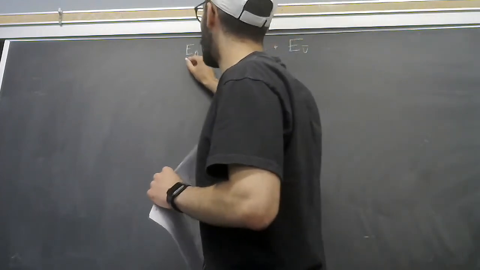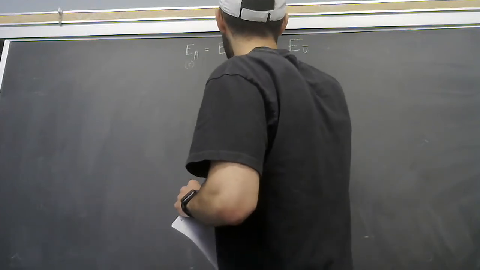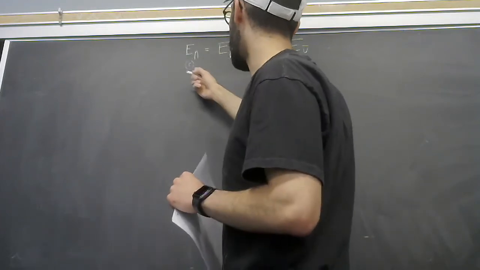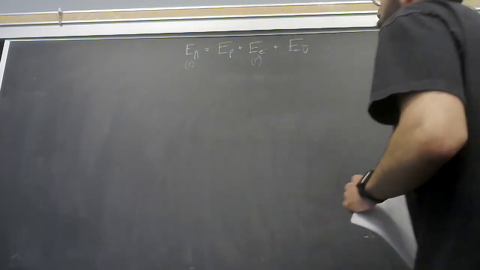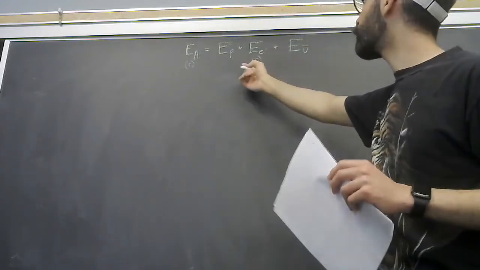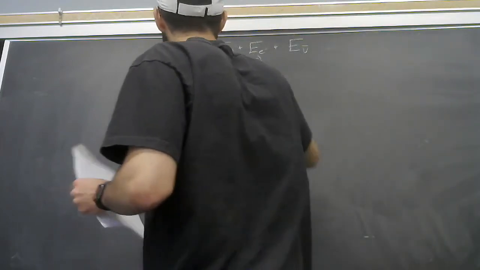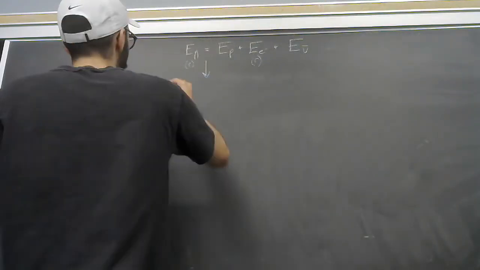So I'm going to denote the ones that are at rest by writing a little r in parentheses underneath. They tell us that the neutron's at rest in part A, and now we know the electron's also at rest. So that means the momentum, as they tell us in the question, is going to be shared between the proton and the neutrino. So essentially, if we expand this equation, we're going to say